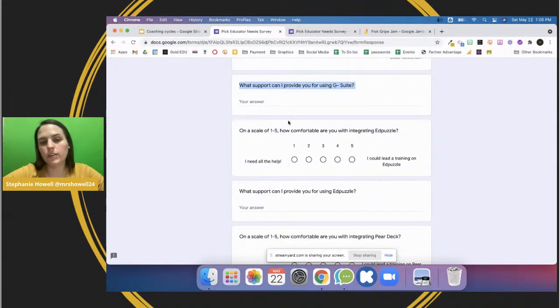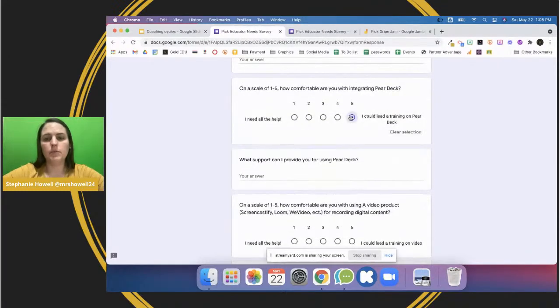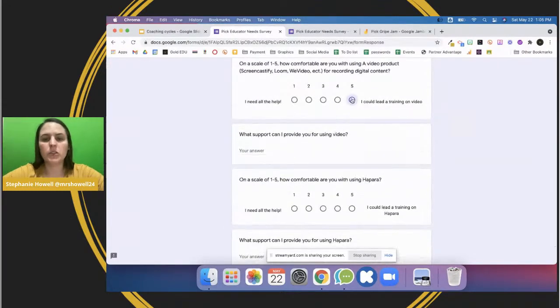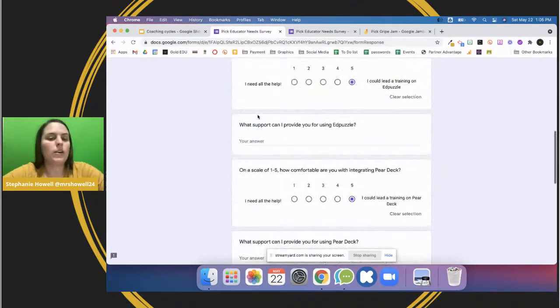And then if there is somewhere that I can support you, like I really would like to learn about Google Sheets and how to use it to make my grading or tracking attendance a little bit easier. I'm pretty comfortable with Edpuzzle. I'm really good at Pear Deck. I'm really good at video. And so feel free to use these different places if you want to say how I can help you with